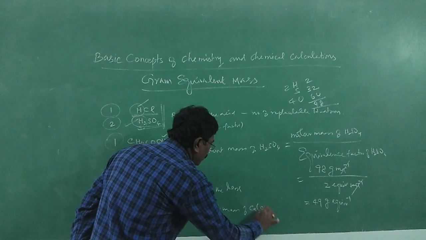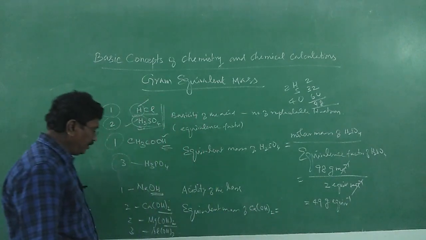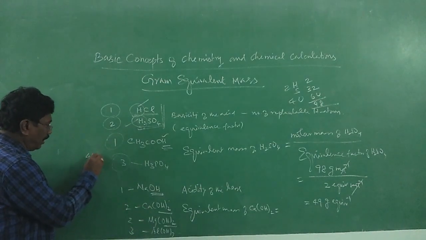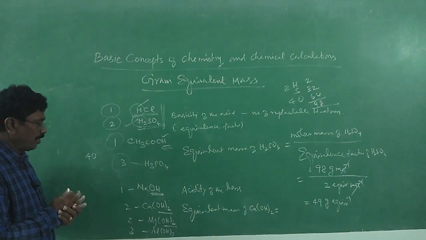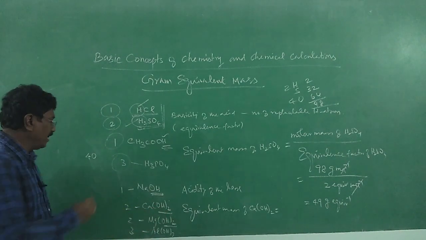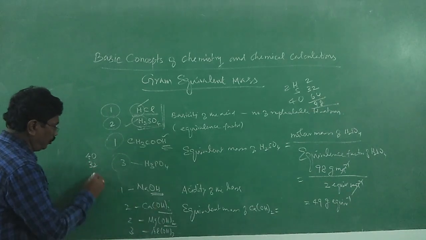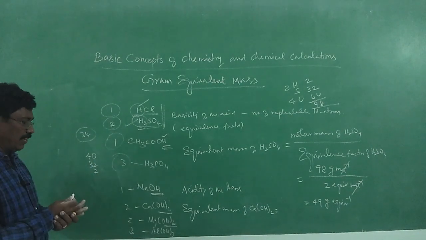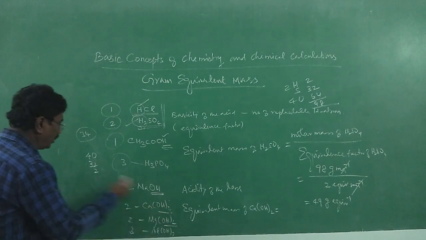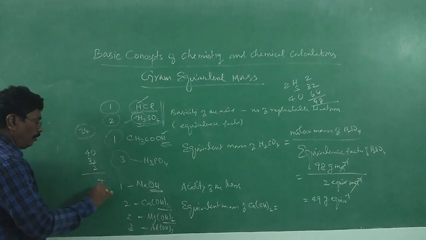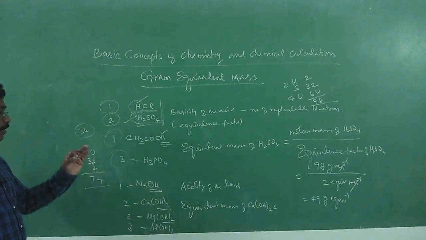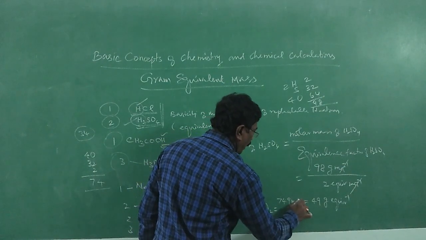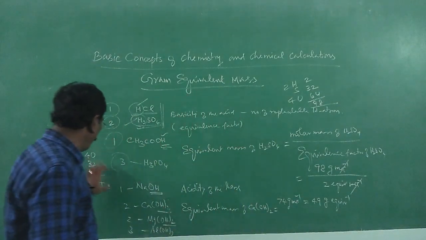So, the equivalent mass of calcium hydroxide is equal to, how to calculate? Molar mass of calcium hydroxide. Calcium atomic mass 40. 2 oxygen atoms we have, 2 into 16, 32. 2 hydrogen atoms we have, 2. Together I can say 34. 2 hydroxyl groups mean 34, 17 into 2, like this also we can calculate. 16 plus 1, 17, 17 into 2 is 34. 40 plus 34 is 74. 74 is the molecular mass of calcium hydroxide, or 74 gram per mole. 1 mole of calcium hydroxide has the mass equal to 74.